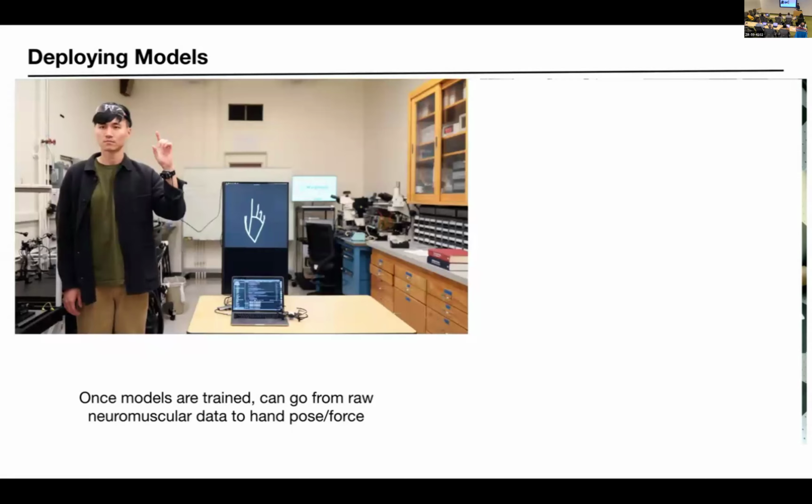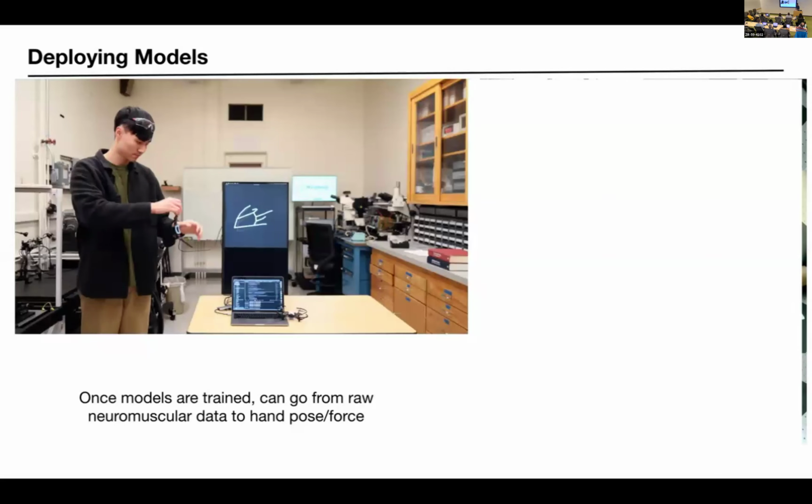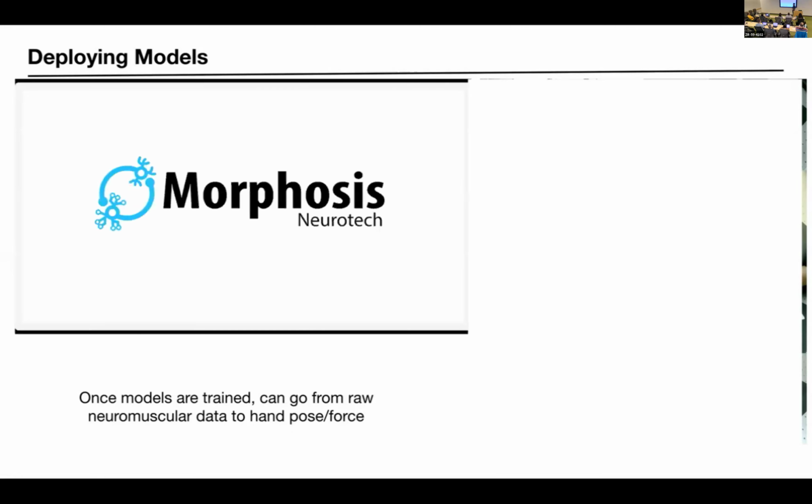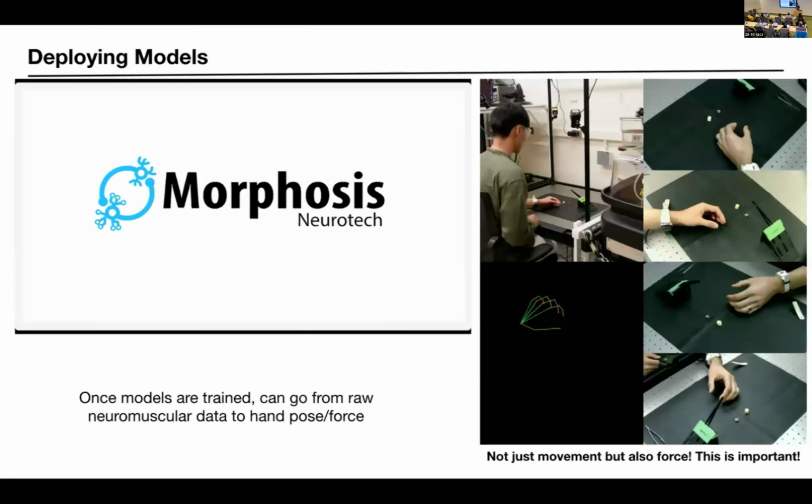Everybody's really impressed with the drone. Like the Department of Defense is like, how do you do that? How do you fly the drone? It's like, that part was really easy. The hand part was really hard. And more than that, we're not just tracking positions. You can sort of do this with the camera. But we're also tracking fine forces.